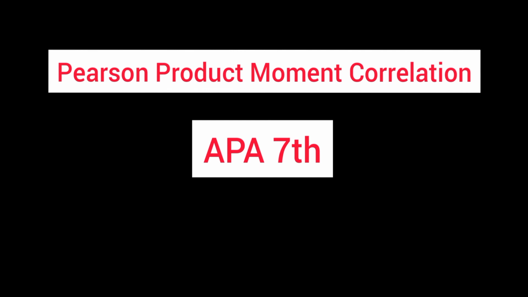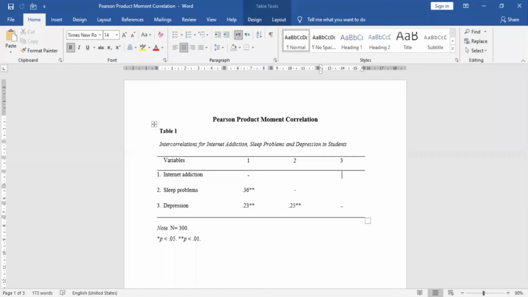We are going to discuss how to make the Pearson product moment correlation table according to APA 7. So here is the structure of the Pearson product moment correlation table. Right now I am going to tell you how to make the Pearson product moment correlation table when you have one